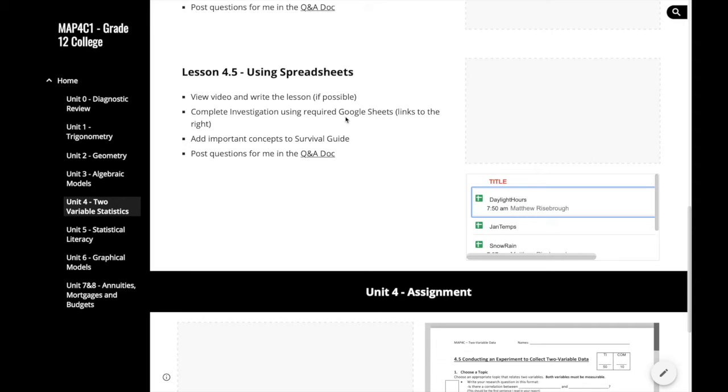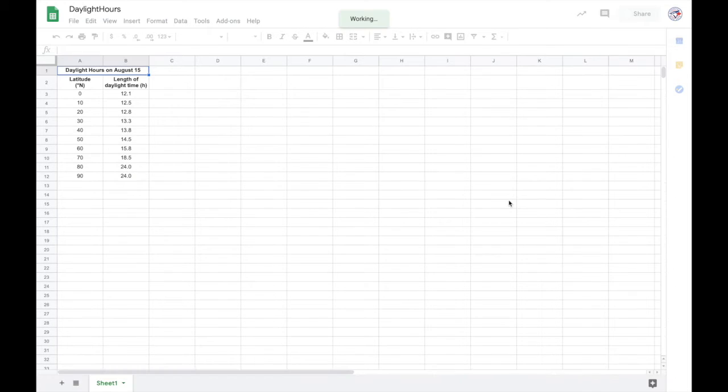Under the 4.5, when you navigate to it, there'll probably be a video here, the video that I'm currently making actually. So it's not here on mine. But what is here is 3 files: daylight hours, jan temps, and snow rain. Daylight hours is what we need for our first activity, and jan temps and snow rain are for activities 2 and 3. So let's click daylight hours,